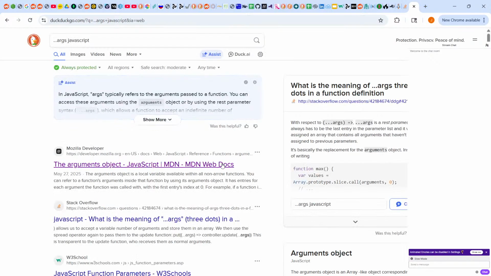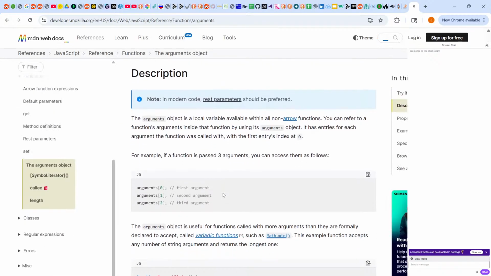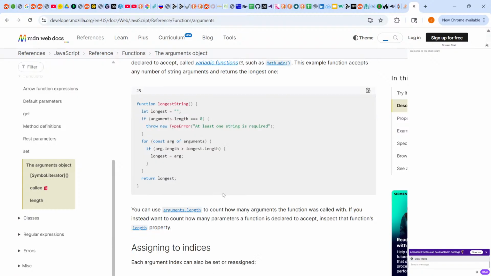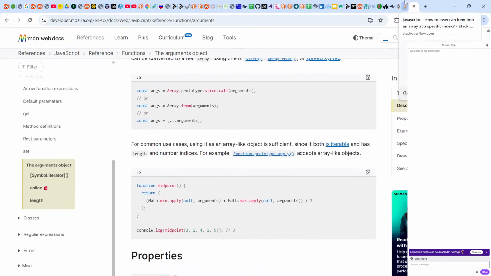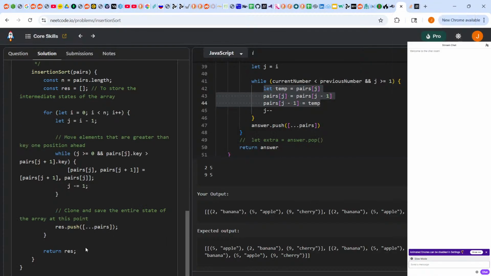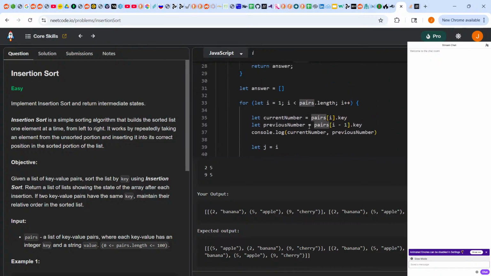Oh, the arguments object. Fantastic. Okay. Yeah, so I imagine it's pretty much like putting everything from an array into another array. That's like an explanation of it. Yeah, so it's like put pairs at this state, at this time, at this moment in space and time into the answers array. So let's try to see if we can write it,